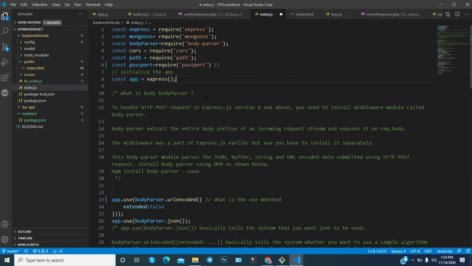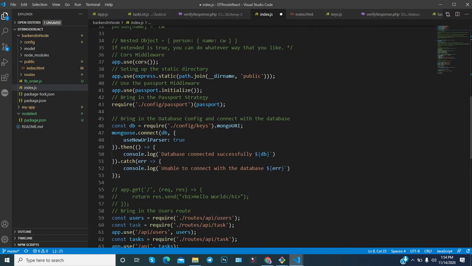Since my focus is only on API calls and how to create an API through a Node.js application, that's why I am going to talk about these things only. But if you are interested in how you can write HTML code and create an application itself in Node.js, then you can comment, and I will definitely try to make a video on that.